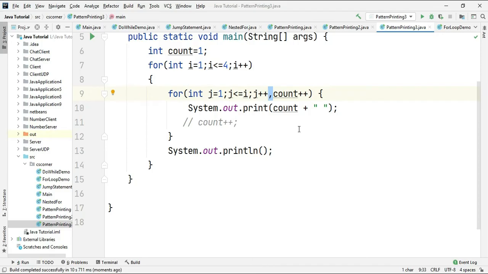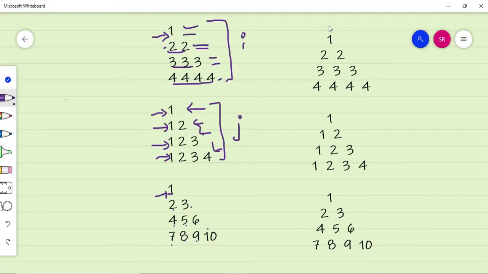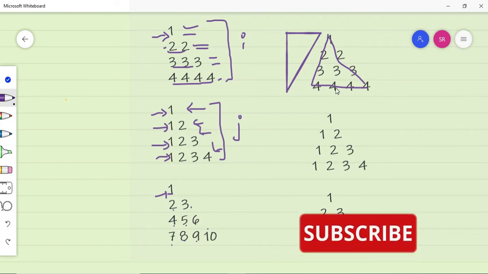Now let's move to the another 3 pattern. Okay, so now for printing this kind of pattern, what we have to do, we have to write 2 for loops. One for loop is going to be there for this triangle and another for loop is going to be there for this triangle. So the first triangle you can see is nothing but an inverted triangle. So here I have to write a reverse loop, and this is my forward or proper triangle. So I need to write a proper for loop. And the pattern you can see is the same as this pattern. So in printing, what I have to do, I have to print the value of i.